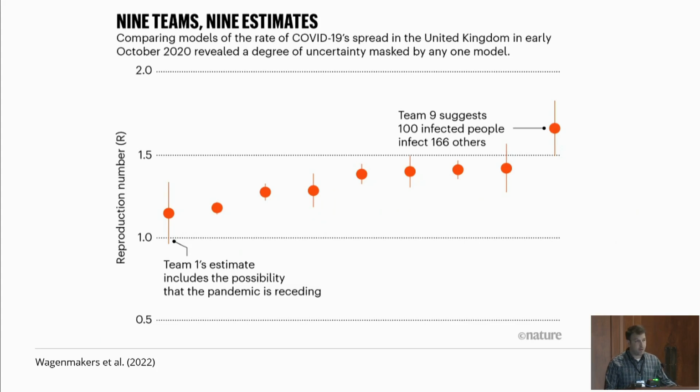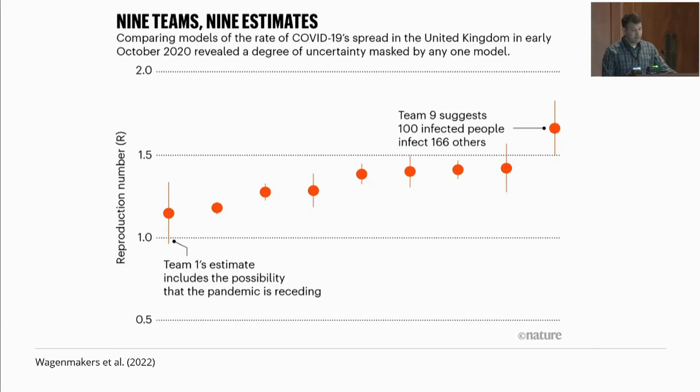Here's one that looked at COVID spread early on. 9 teams used the exact same data to estimate the reproduction number of the virus. The estimates varied from one whose confidence interval overlapped with 0 on the left to one that had a high rate of spread on the right. So in a typical paper, the variability associated with these analytical decisions is invisible. Usually we just get one analysis in that paper. And it's heavily dependent upon which one is picked by the authors, which one they report. So from a single data set like this, one might conclude that COVID is either spreading fast or that the pandemic is receding.